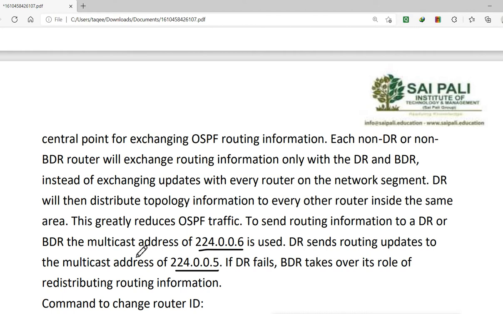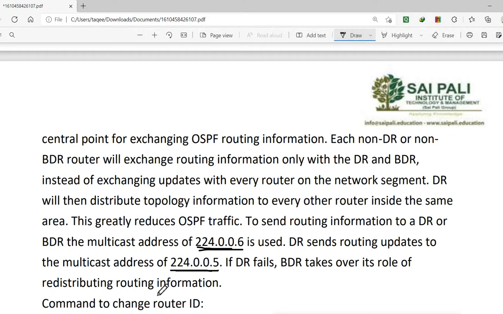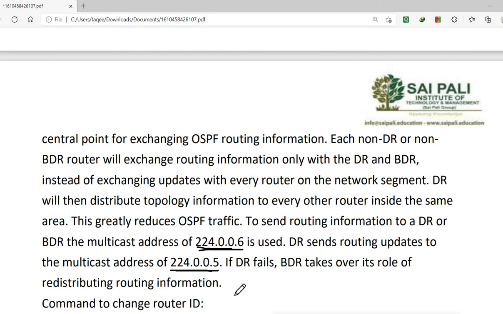So the non-DR router sends the information to DR and BDR on this multicast IP, and the DR and BDR send the information to other routers on this IP. If DR fails, then BDR takes over its role in redistributing routing information. So this is what DR and BDR do.